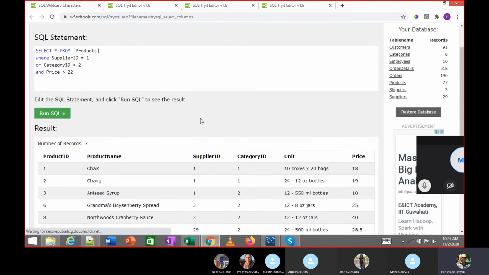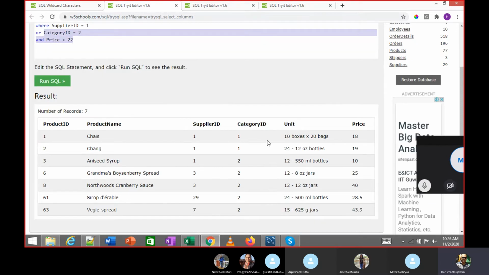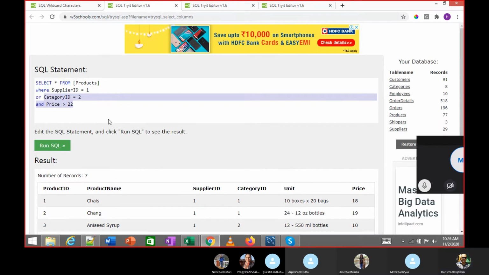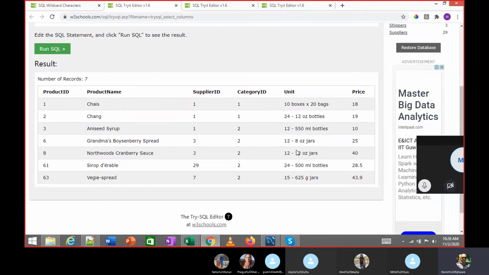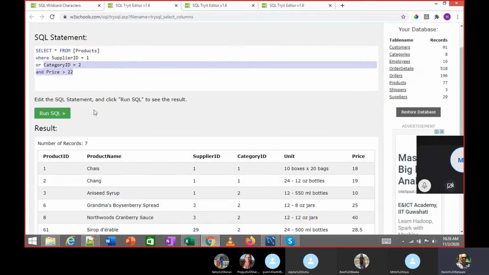Now if you notice, I'm still getting the values 18, 19, but I don't want it that way. What it's doing is taking these two together, so it is not taking this value correctly.